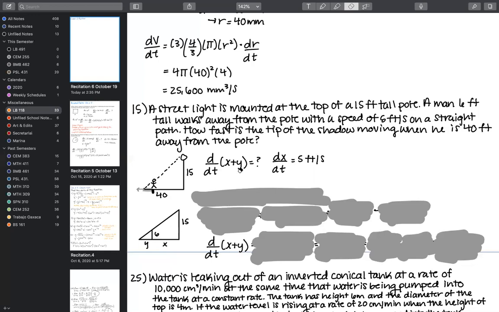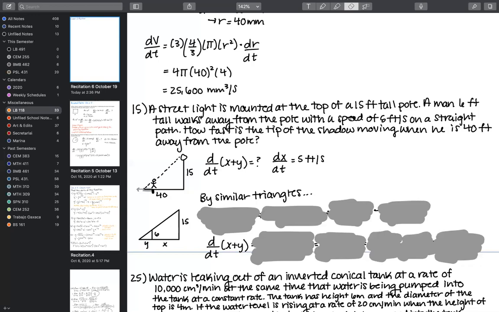And so we're calling it X plus Y, and that wraps into the triangles in that, by similar triangles, we're going to get this X plus Y in terms of only X. Because one thing that we know is that we don't know anything about Y prime. We're only told dx/dt. And so if we are going to break this down in terms of X and Y, which they've already done for us, the way they presented the problem is that he's 40 feet away. Now you need to figure out how fast the tip of the shadow is moving.